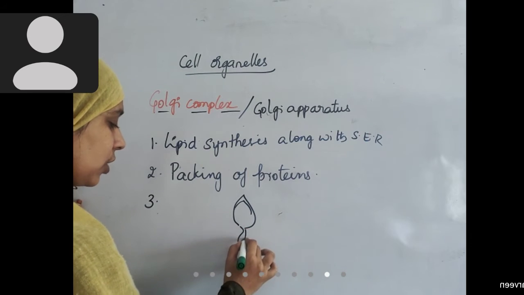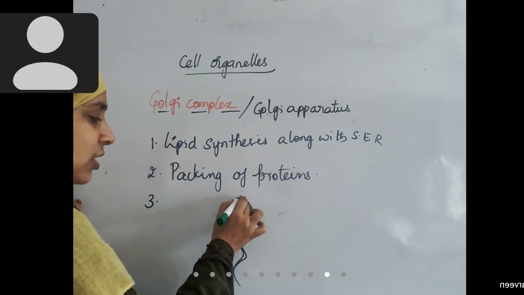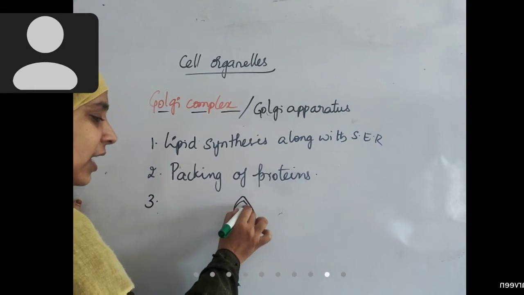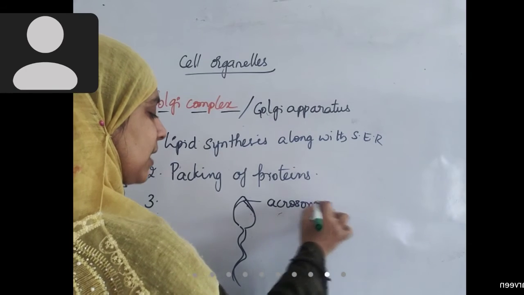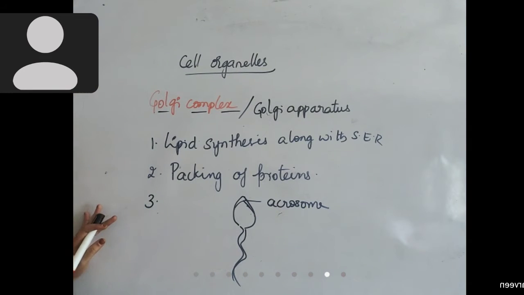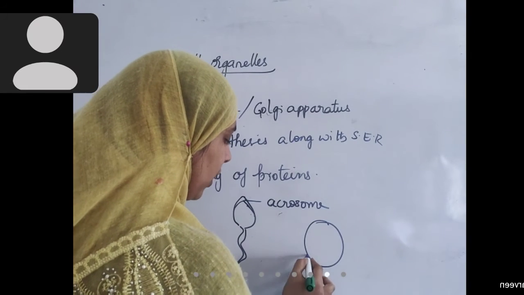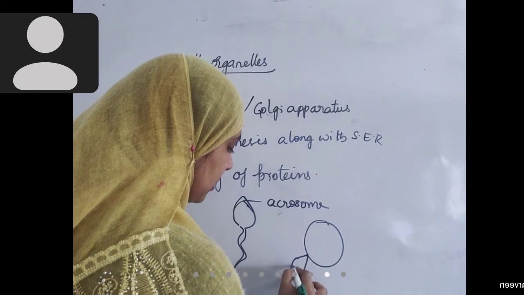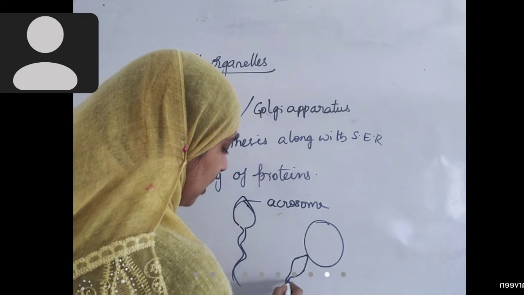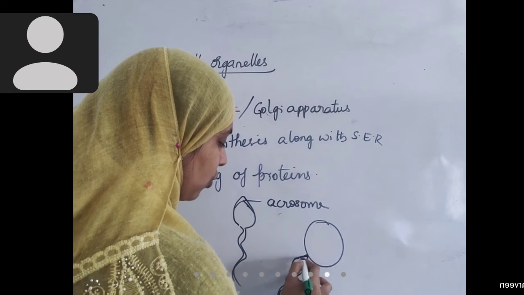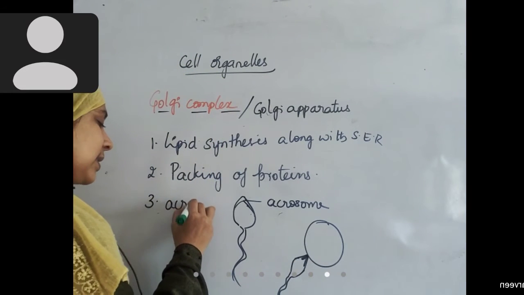Male gamete. Male gamete has one head region. Above that head region, there is a very sharp pointed end called the acrosome. This acrosome helps the sperm to penetrate into the ovum. So this should go and poke into the ovum like this. That poking function is done by the presence of this acrosome here. That acrosome is synthesized by